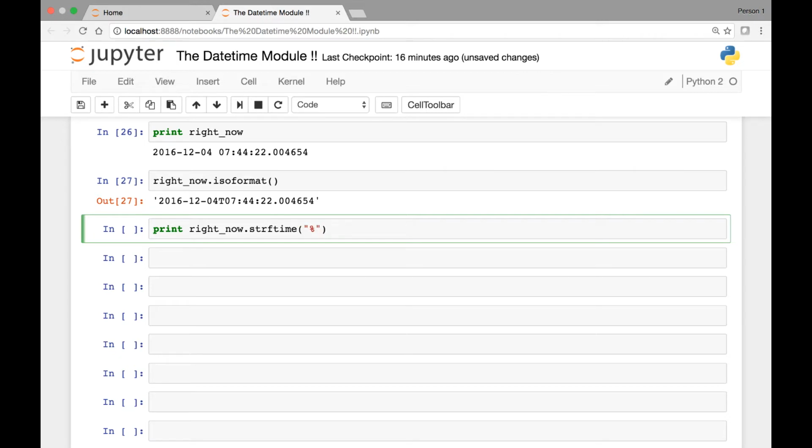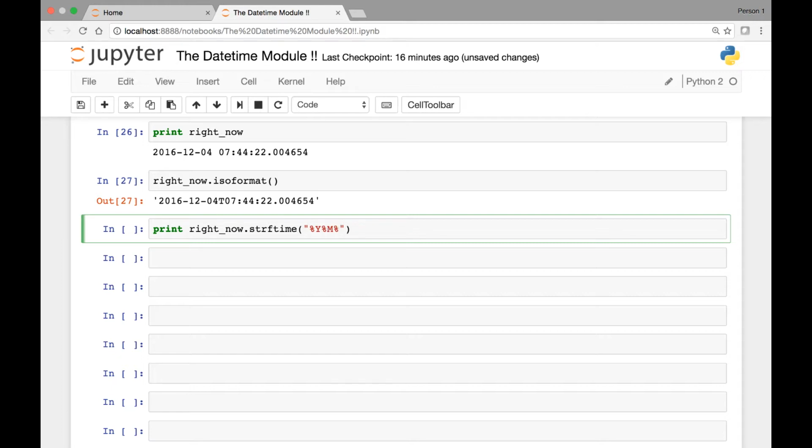So let's pass %Y. For year, we mentioned that we can use upper or lowercase letters. If it's upper, it will print the whole year, in this case the entire year 2016, versus if it's lower y, it will only print out 16. So let's say %y,